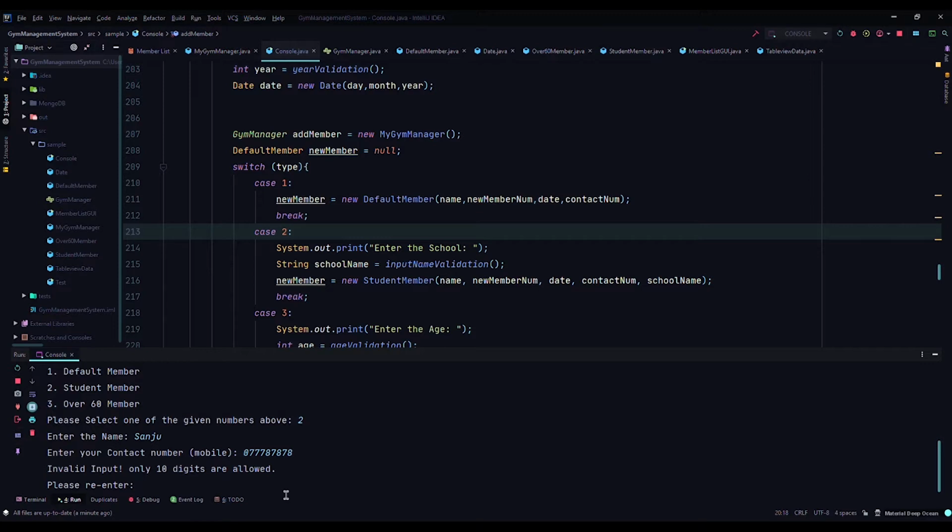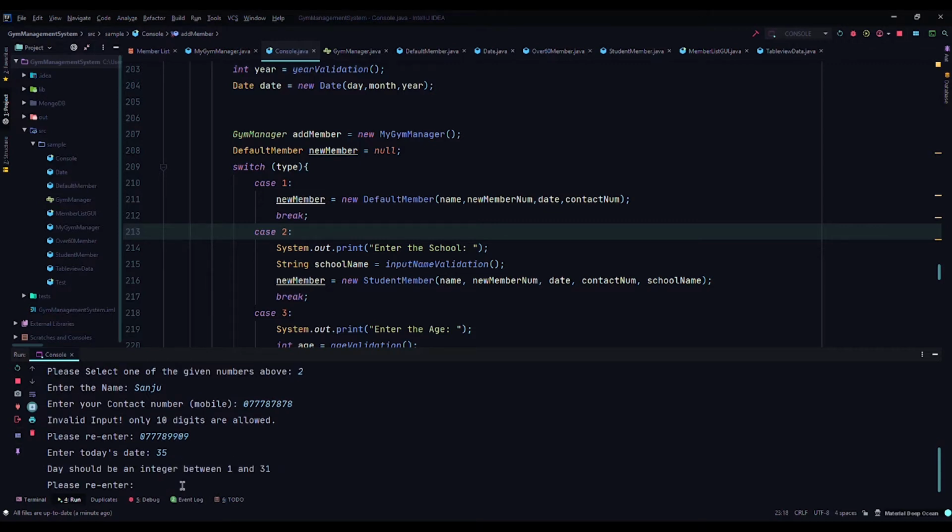It says there should be 10 digits. Right, and today's date. Let's try something impossible, let's say the 35th day. Then it says there should be an integer between 1 and 31. So let's add 3rd